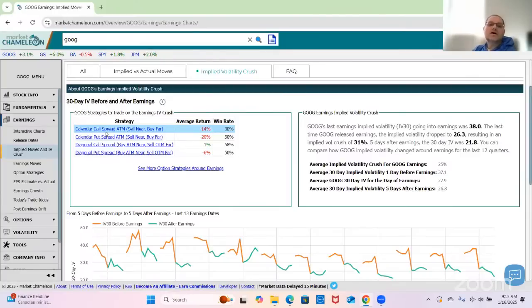So how did a call calendar spread do? If you sold the near term option and bought a further term option, both of which straddle the earnings. So both of them will cover earnings, the day before to the day after. So you could see selling the near, buying the far, on average lost 14% and only had a 30% win rate. So what would that mean is that the further term option tended to lose more in value than the near term, even though the implied volatilities are different,